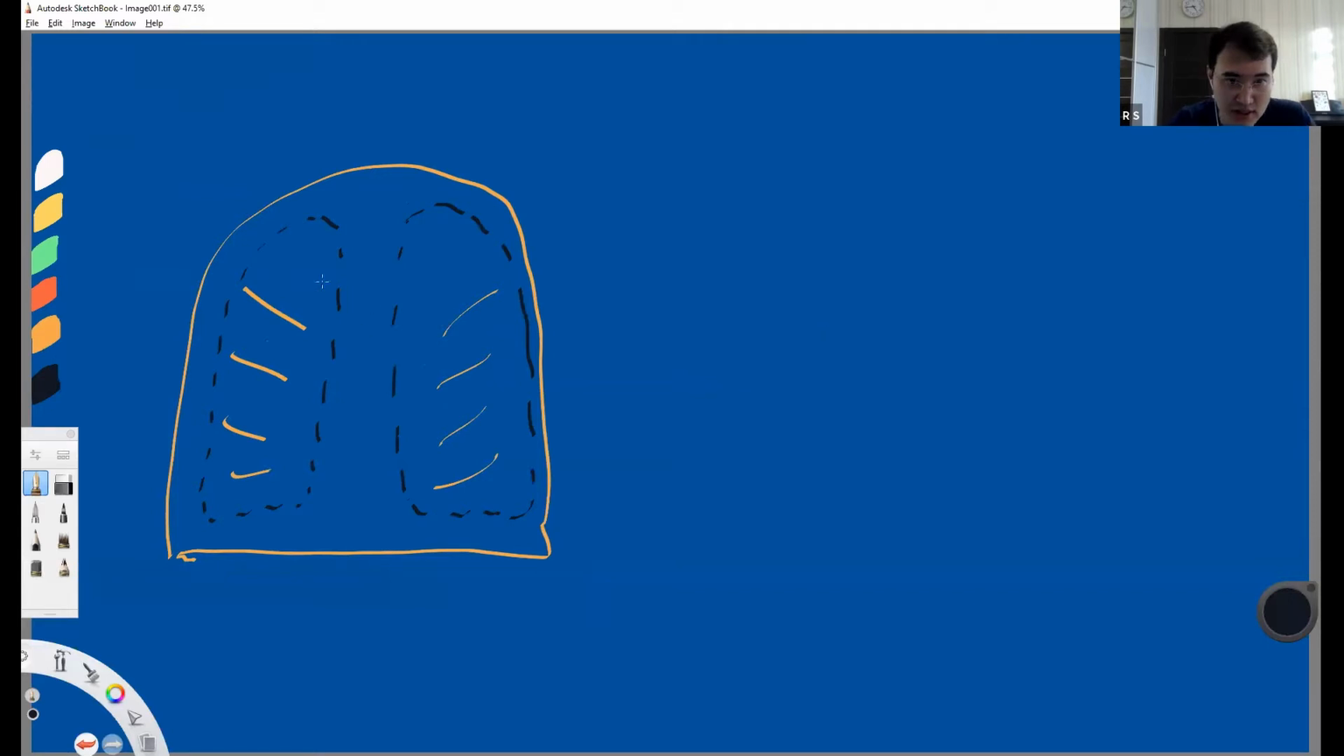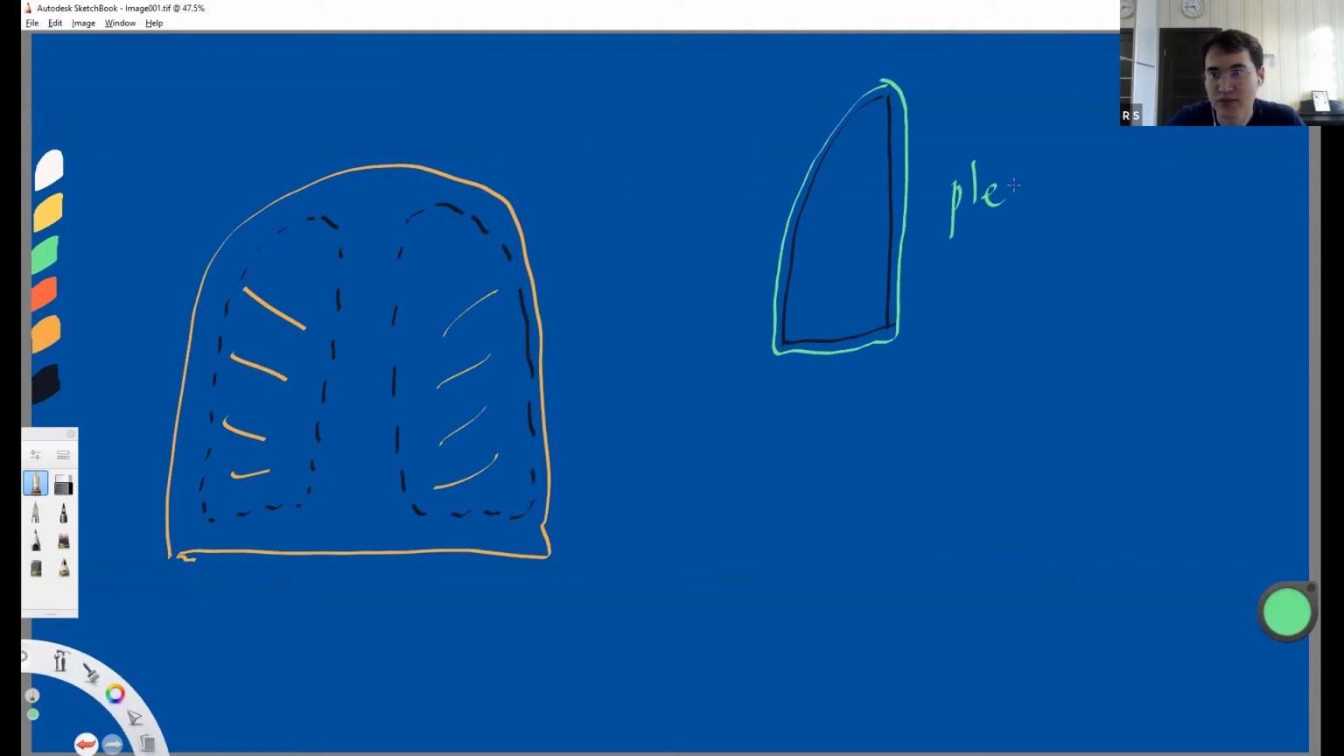But also these lungs are inside the pleural covering. On top of the lung, we have a lining called pleura, and it creates a kind of cavity between the two foils of the pleura. So we have the inner part and outer part of the pleura, and inside we have the intrapleural,